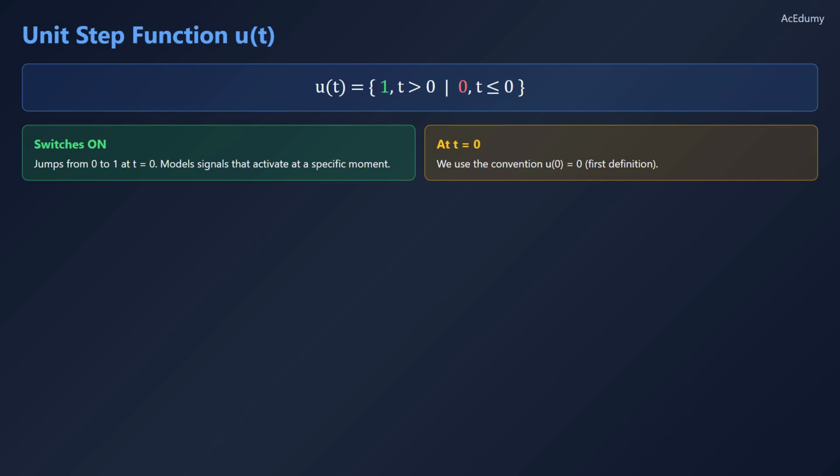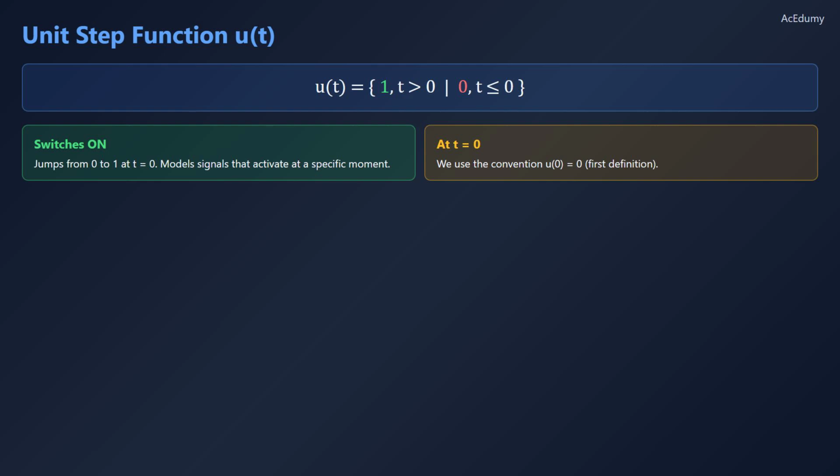The first elementary signal we study is the unit step function u of t. It is defined as a piecewise function. U of t equals 1 when t is greater than 0 and 0 when t is less than or equal to 0. Graphically, it is flat at 0 for all negative time, then jumps instantaneously to 1 at t equals 0 and stays there forever. This sudden jump makes it ideal for modeling signals that switch on at a specific moment, like flipping a switch. The value at exactly t equals 0 is sometimes debated, but we will use the simpler first definition, where u